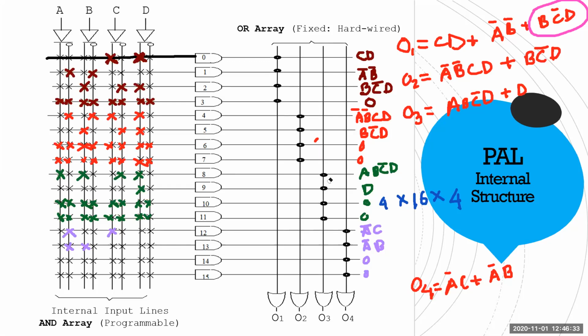Remember, see here. Our few AND gates are not used. In case of this one, one AND gate is not used. In case of this one, two AND gates are not used. In case of this one, two AND gates are not used. In case of this one, two AND gates are not used. But since I have mentioned the size, you have to draw it. Got my point? If I mention the size, you have to draw it.